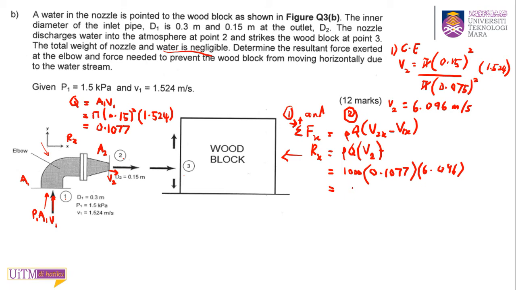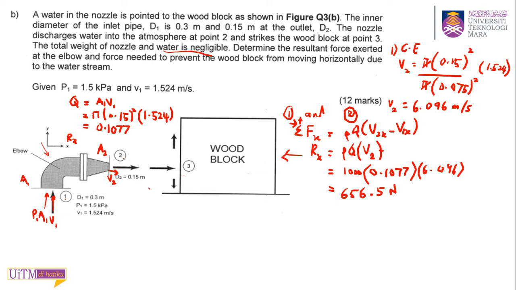Thousand times 0.1077 times 6.096. 656.5392. Okay, so this is your resultant force in x direction,